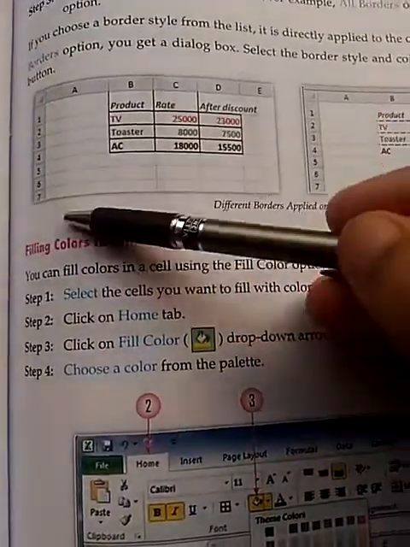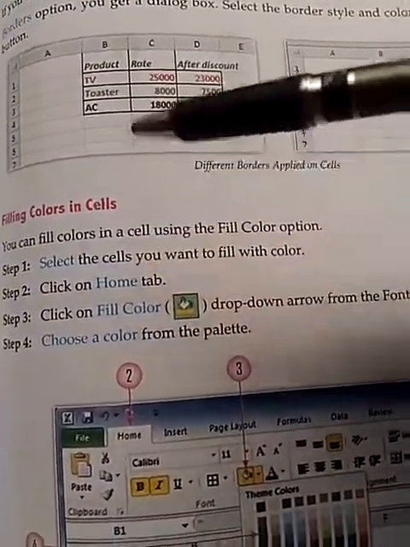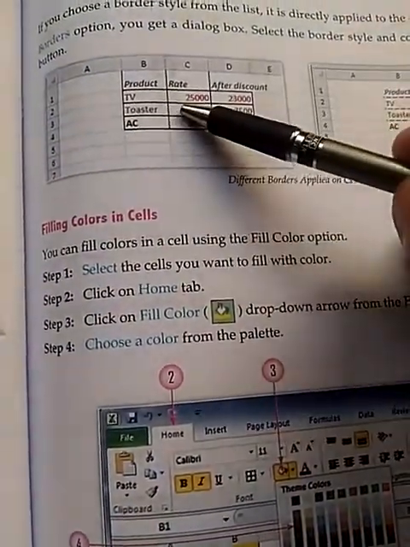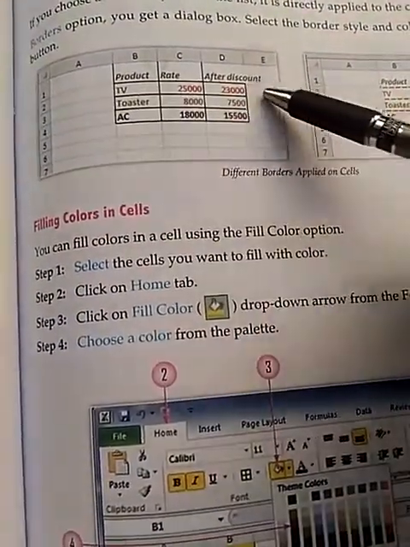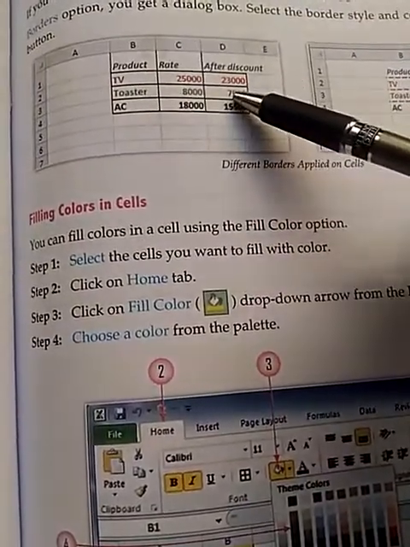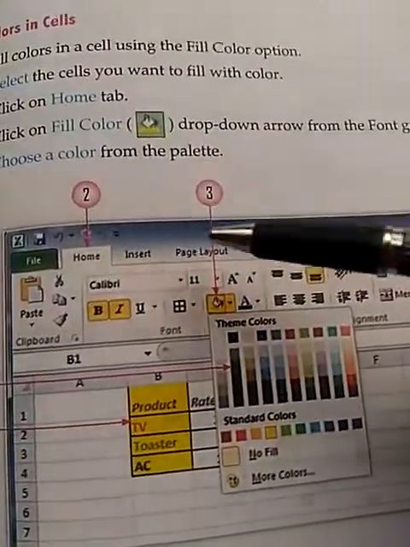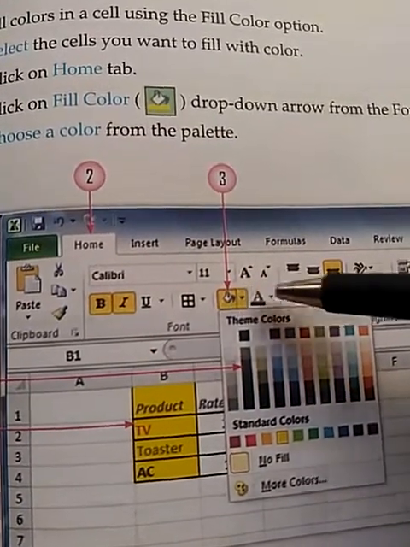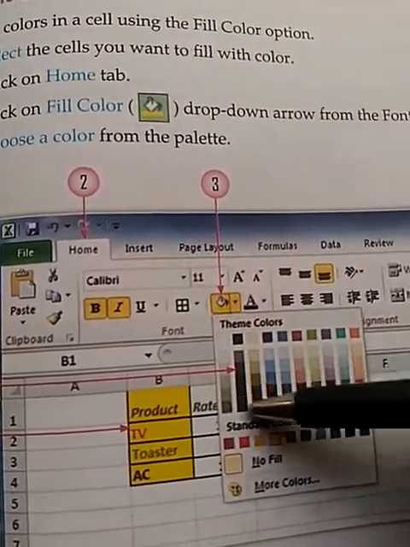Now, filling colors in cells. If you want to fill some color in the selected cells, then first you need to select the cell. After selecting the cell, on the Home tab you will find the Fill button. If you click on this Fill button, it will show you the color themes.